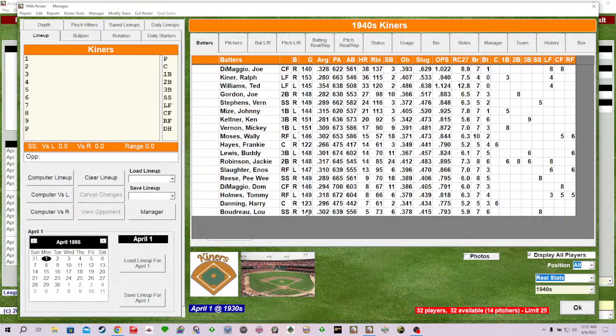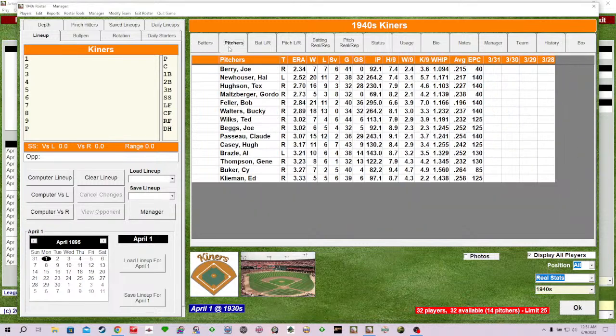Of course, Jackie Robinson, Enos Slaughter, Pee Wee Reese, Dom DiMaggio, who's probably not going to get a lot of time in center with brother Joe there. Tommy Holmes. There's Lou Boudreau. Who do they have as their pitchers? Got Hal Newhouser, Tex Houston, Bob Feller, Bucky Walters. It's going to be some good stuff here. I can't wait to get started.